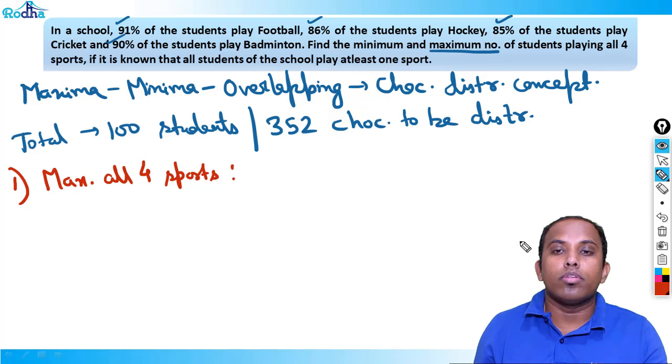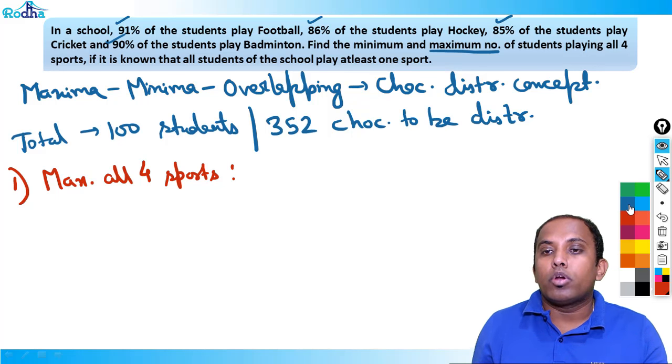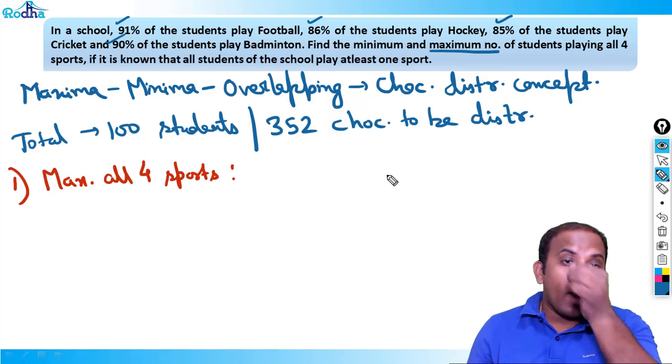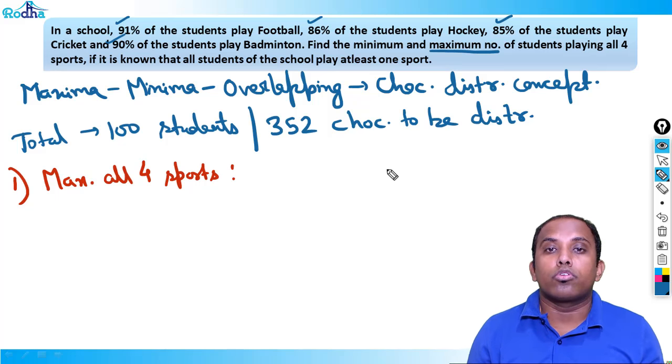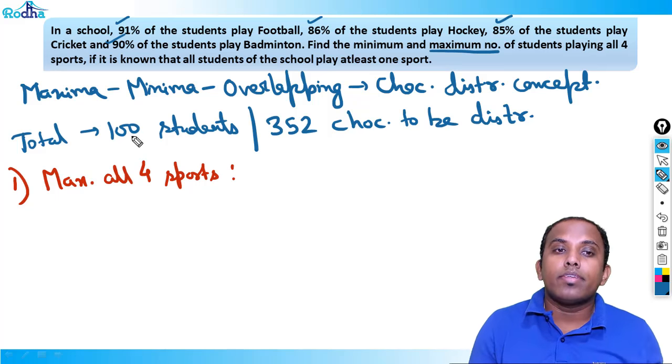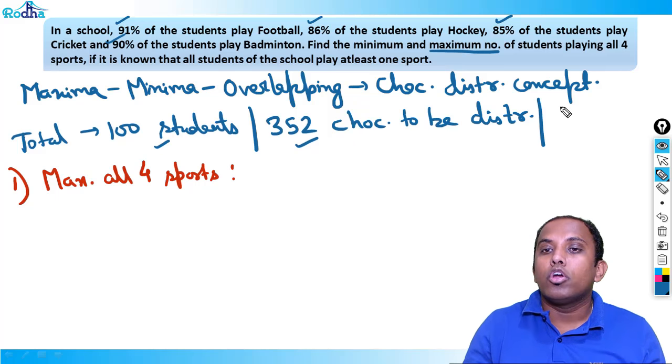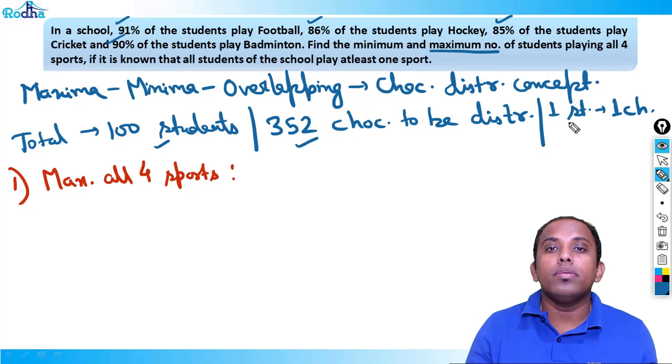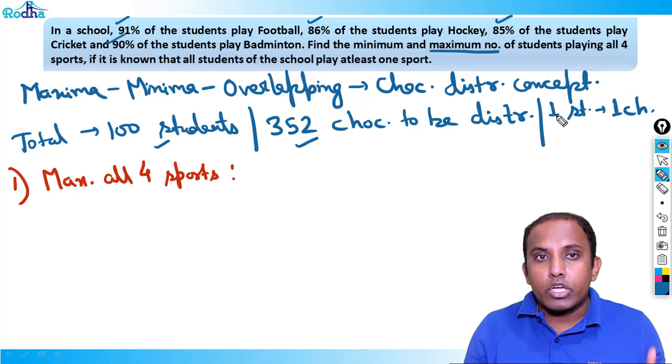Right. Now how to solve this? Understand this here. It's a very important concept. I want the maximum number of people to play all 4 sports. So in this case, if I say 100 students with 352 chocolates, that means to one student I'm giving 1 chocolate each. That means if a student is playing all 4 games,